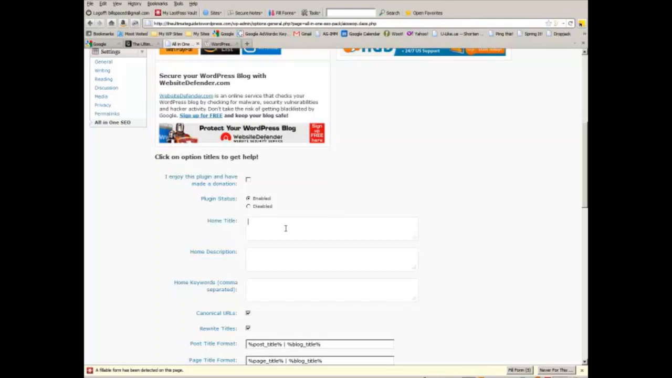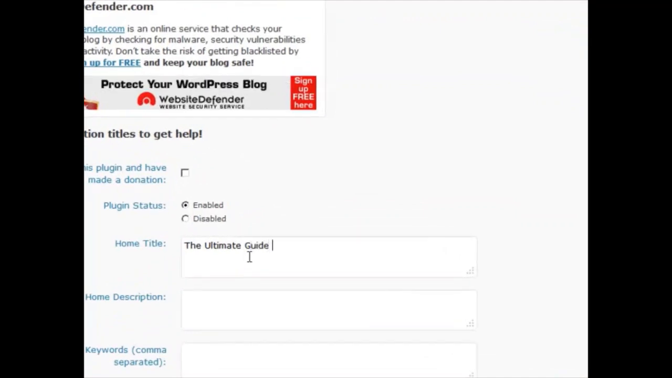The title of your site is the most important aspect of your site from a search engine optimization standpoint. Your URL matters. It's nice to have keywords in there, but most importantly, your home title matters. So in my case, for this example, I'm going to type in the ultimate guide to WordPress. And then the home description is something descriptive. This is what's going to appear in search results on Google or Bing or Yahoo or any other search engine,